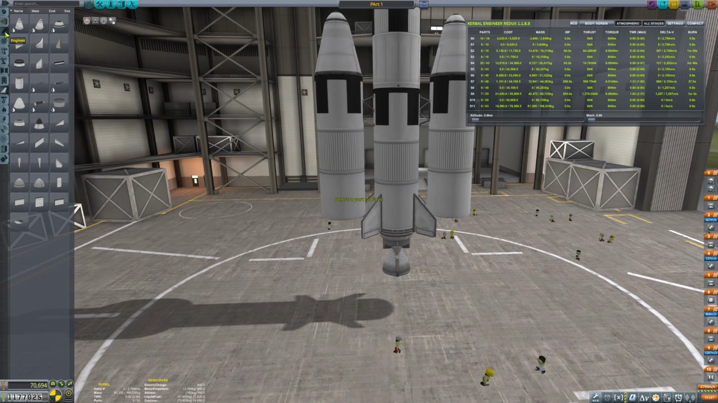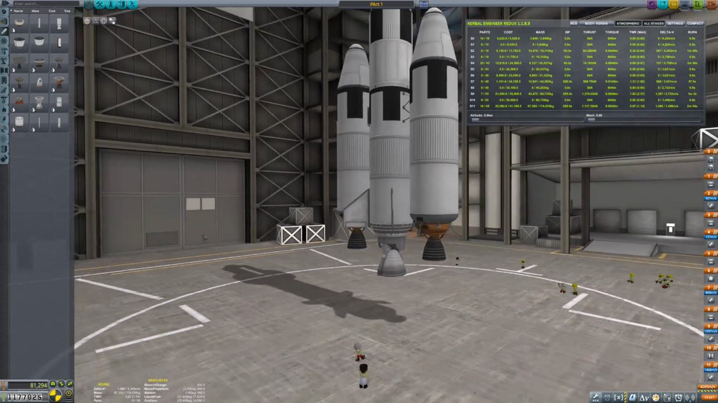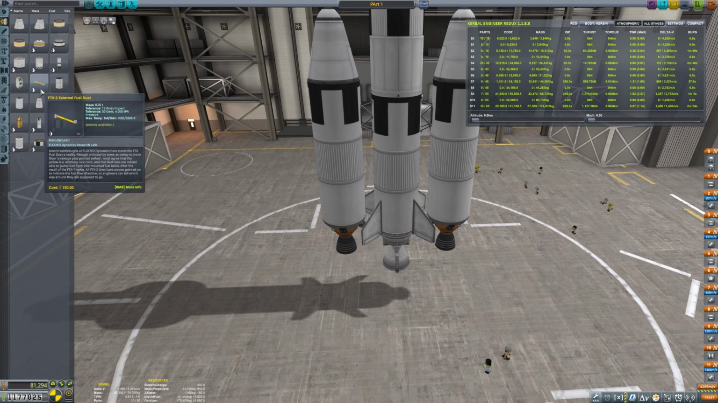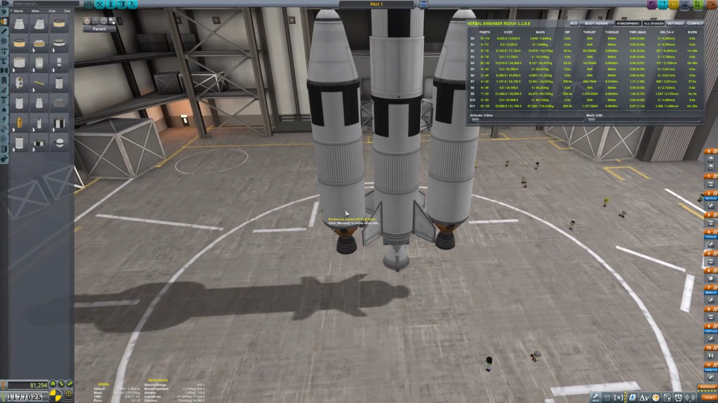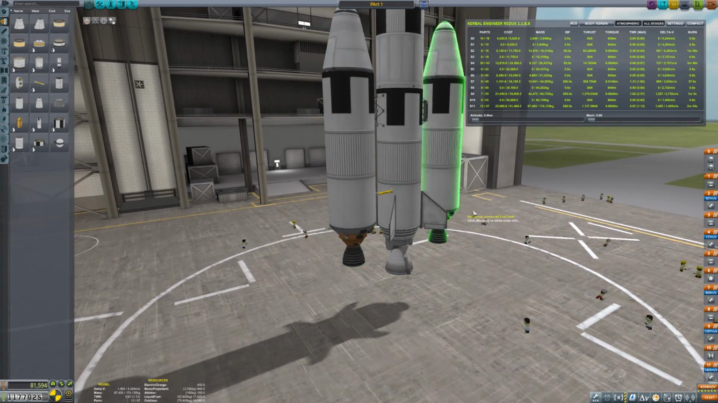Back to putting things together. We'll go to engines, and we're going to put Skipper engines on the bottom of this. Now, we're going to do spaghetti staging for this. If you recall, that's when you take fuel from an outboard engine style tank, and